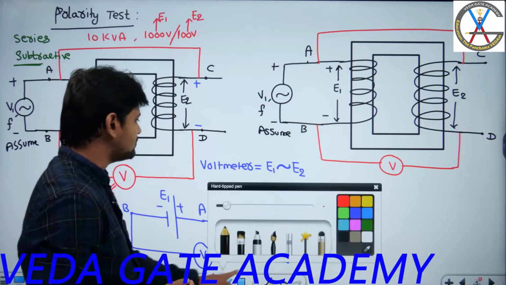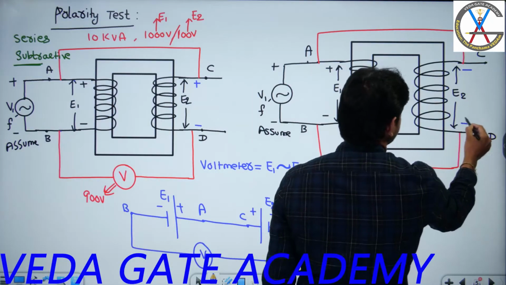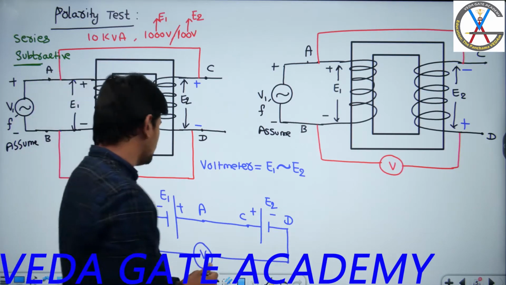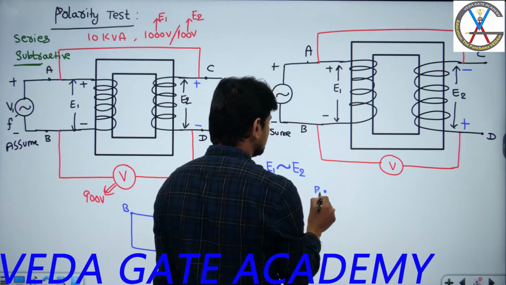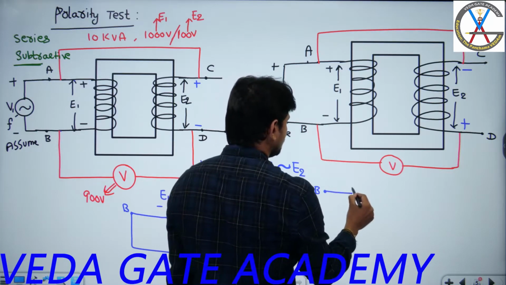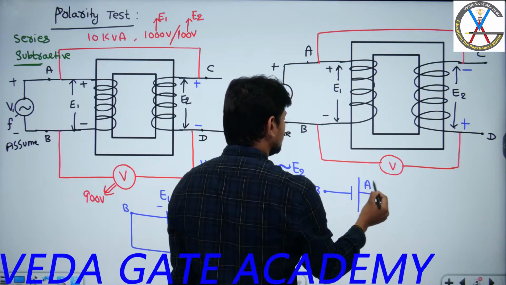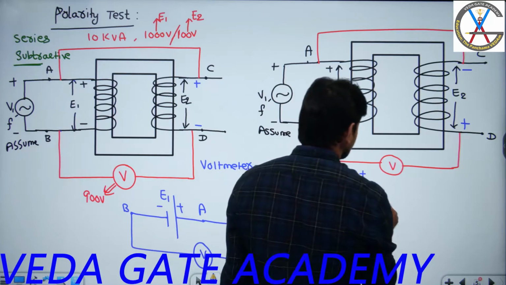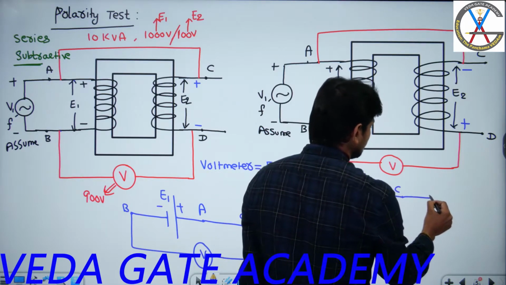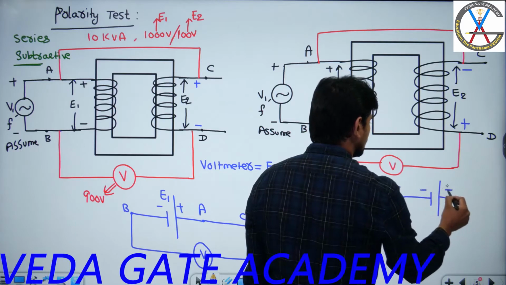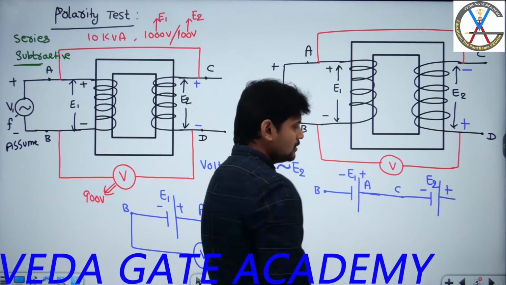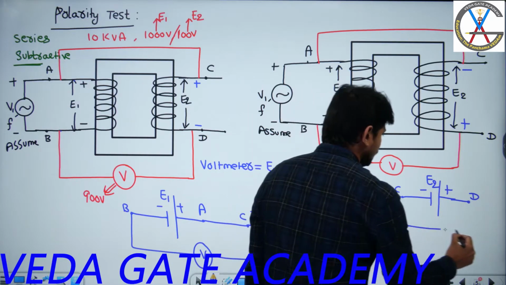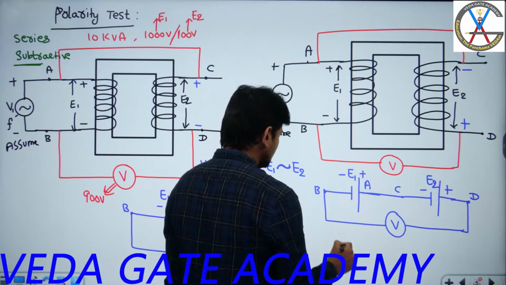Now what is the second possibility? Previously we have already done plus minus. Now the other possibility is minus plus. Now let us try to draw this diagram. Please pause the video and do it yourself. If you try to draw this diagram, first you can start with B. B is connected to a negative potential and A is connected to a positive potential. Across this you will have EMF E1, and A is short circuited with the C terminal, and C is connected to negative potential, D is connected to positive potential. Across this you will have EMF E2, and across B and D a voltmeter is connected.